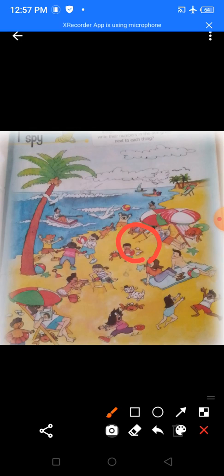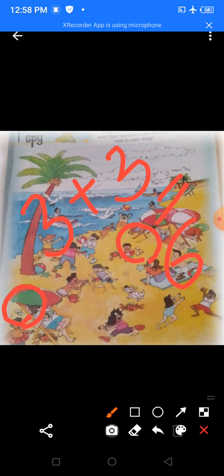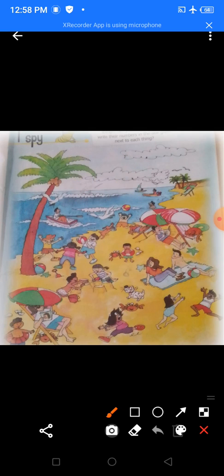Now if you see near this umbrella and behind this boy, you can find 3 more shells here. So 3 plus 3 will give me how much? 6 shells. So the total number of shells is 6. So how many shells are there? 6 shells.